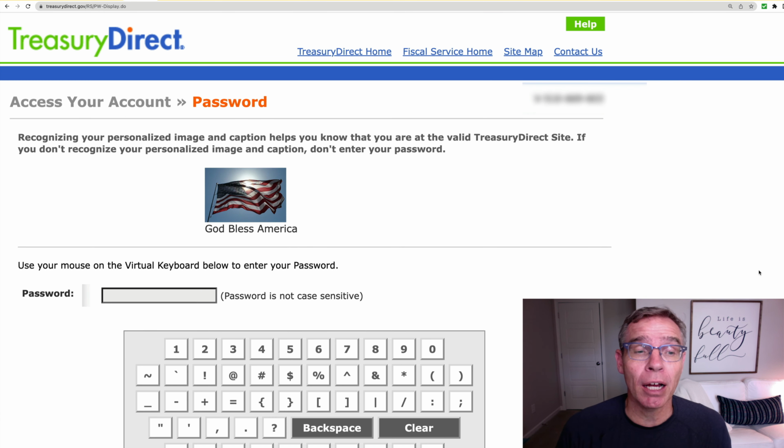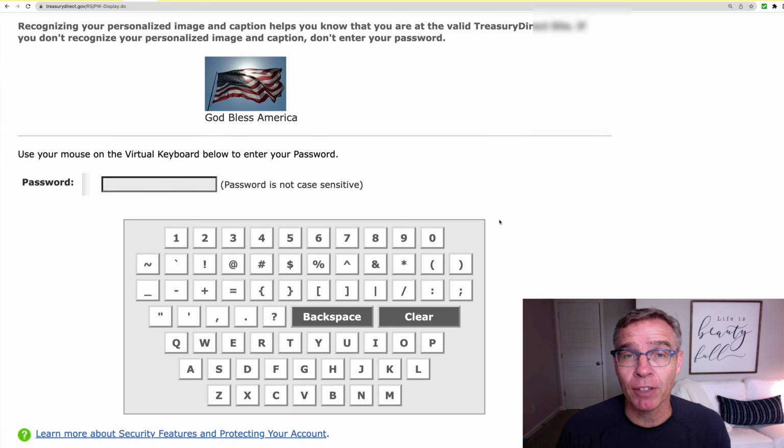That then will bring up your personalized page. You will see the caption that you chose and the phrase that you chose. You're going to see a different type of keyboard than you're used to, to enter this. You will find out that your password is not actually case sensitive. You will go ahead and enter your password using this keyboard down here by simply clicking on the letters or